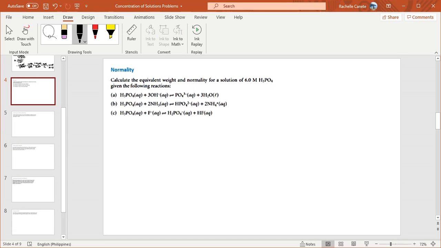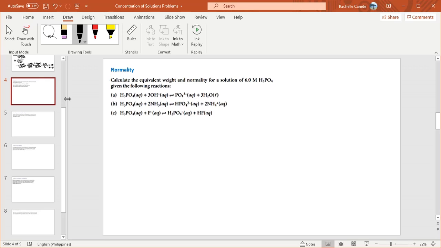The next unit is the normality. This is rarely used, but however we shall discuss it here because some books use normality. Okay, so normality makes use of equivalence. So this makes use of the stoichiometry in a chemical reaction. So to solve for the normality of a solution, you need to know how that solution will react in a